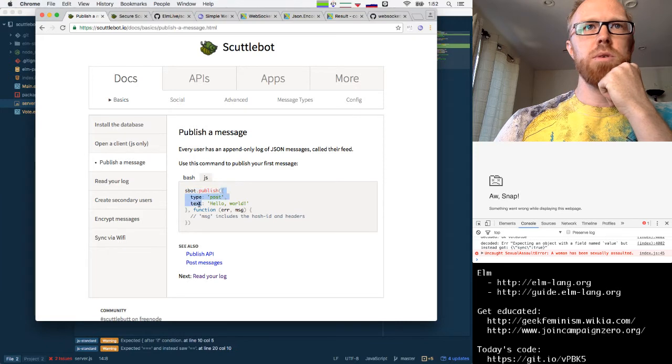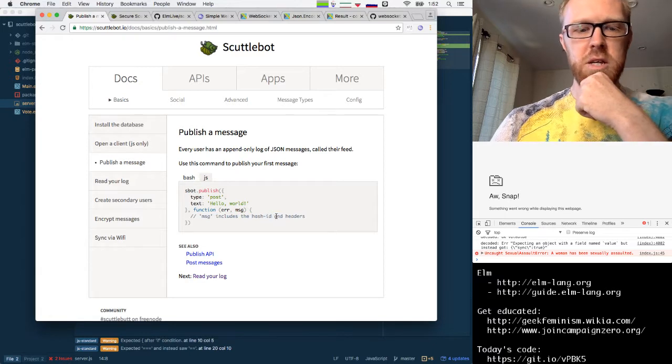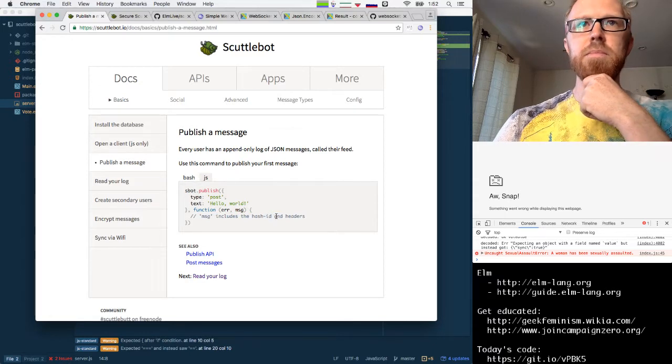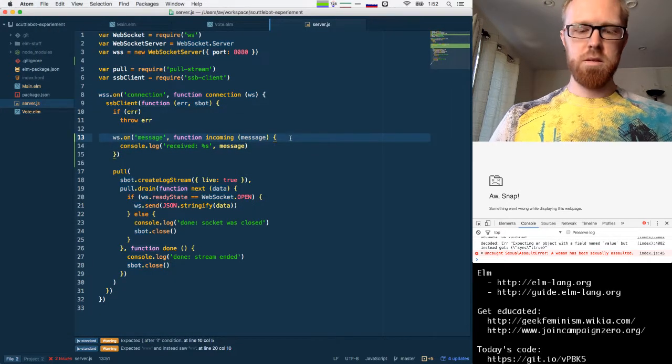Oh, great. So all we do is pass this JSON object that we want to publish. And then we'll get it back with all of the extra headers and information attached to it. So let's give that a try. We're going to say